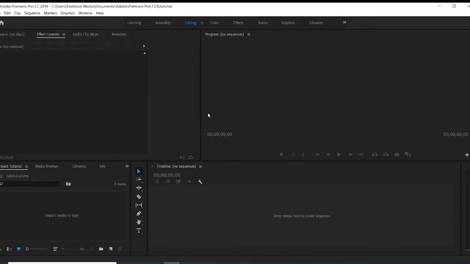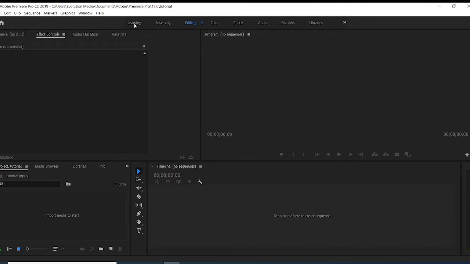This is the interface of Premiere Pro. This is where you'll be doing everything that you want to do. First, let me take you to what we have up here, because when I first started, sometimes I might mistakenly click this thing and then my file might change, and then I will have to close it again and look for how did I get here.